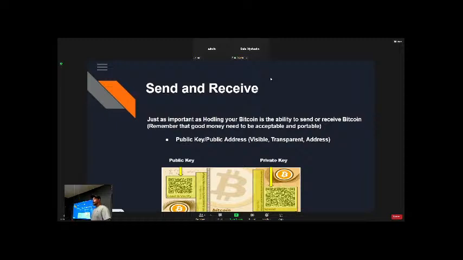Your private key is the most important. That's one that must be kept secret at all costs. Don't share it with anyone. It should always be handwritten down. Never in a device. Never on iCloud. Not Google. Nowhere. It's really, really important that this private key is always kept safe.